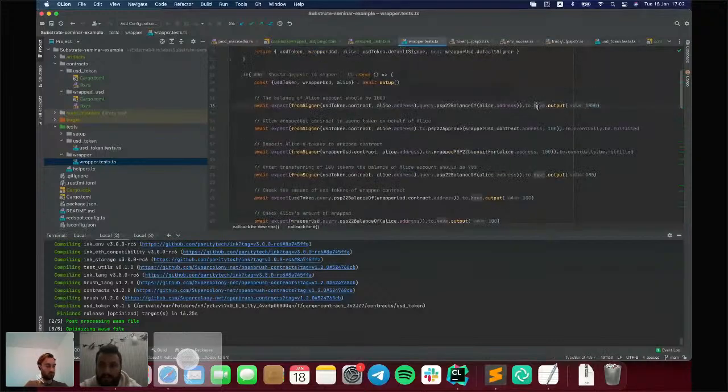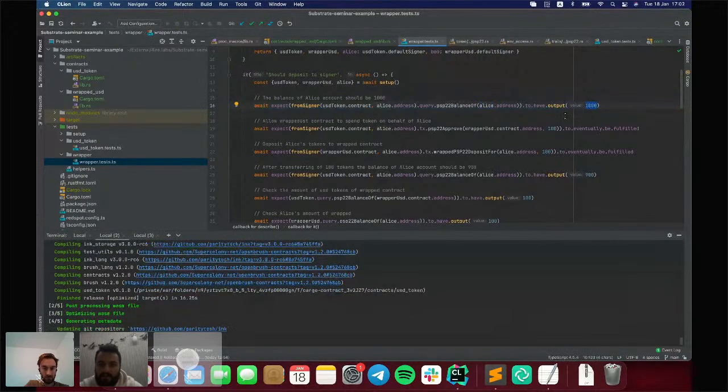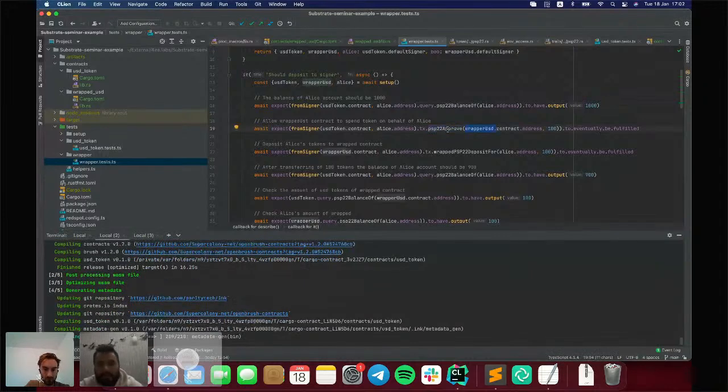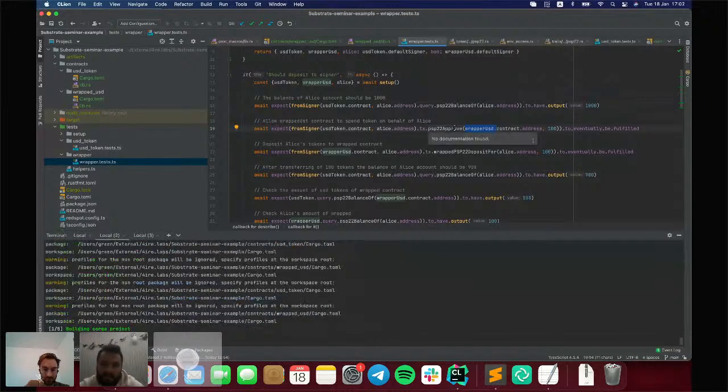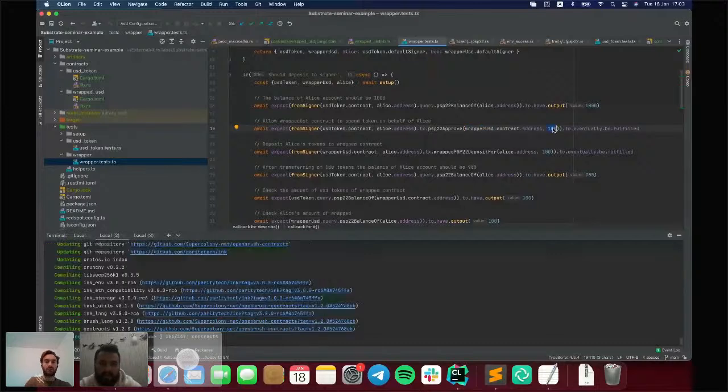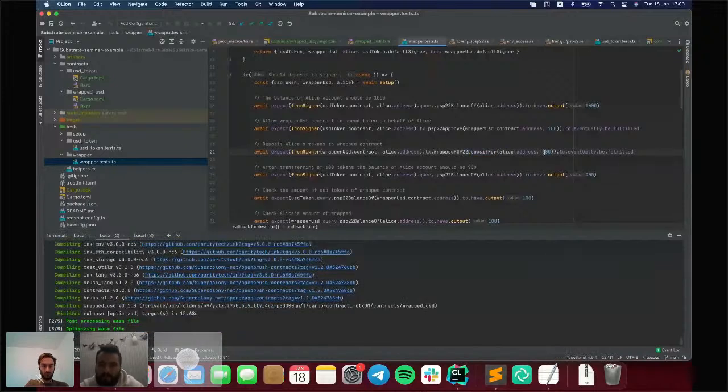Firstly, we verified that Alice has 1000 tokens, after Alice approved that the wrapped USD contract can transfer 100 tokens from Alice's balance in USD. After, Alice called the deposit for function with amount 100.